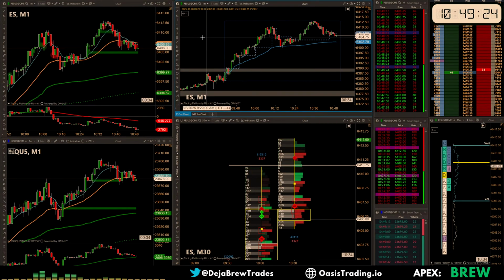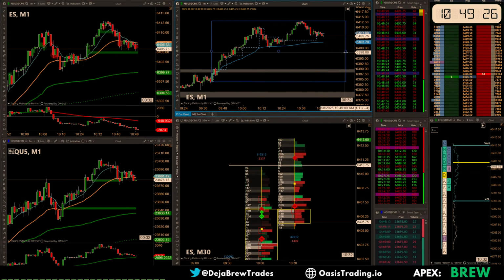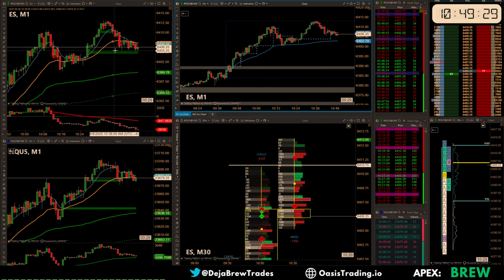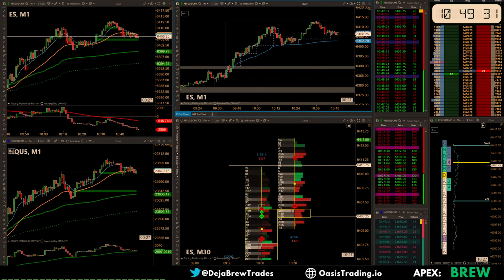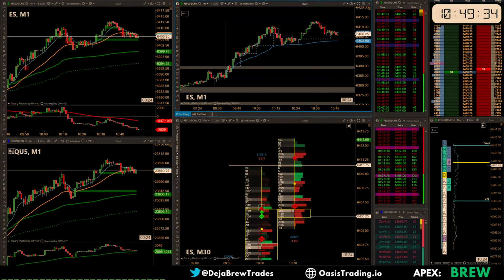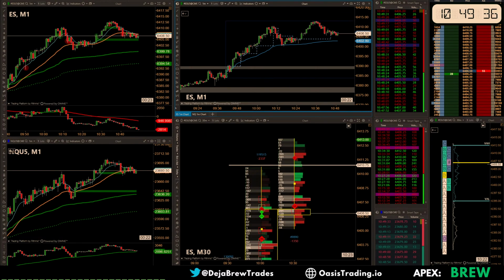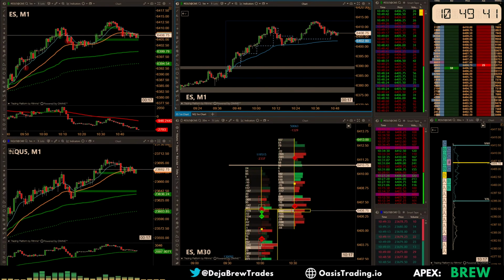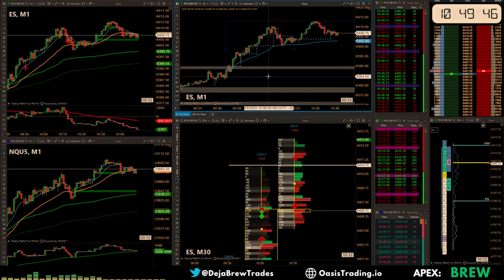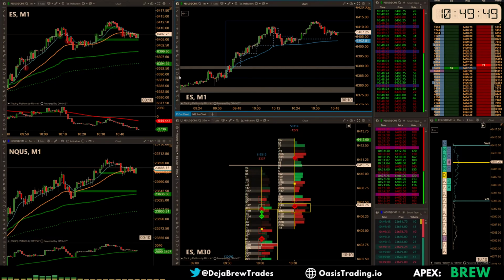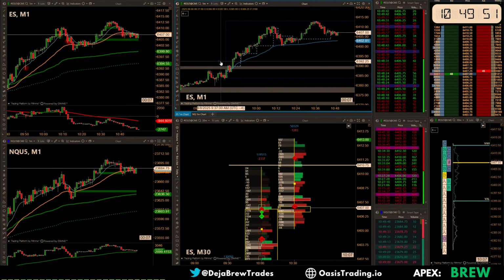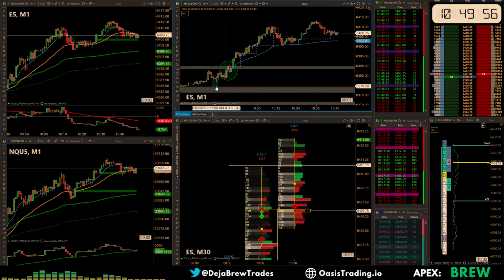Still being pulled down into this VWAP. Too many mixed signals today. Well, today is a day that you needed to be in earlier. There's not a whole lot going on right now. If I had to say what the optimal entry points were today, it was the break of balance, which also could have been taken perfectly if you were absolutely perfect. This wick,